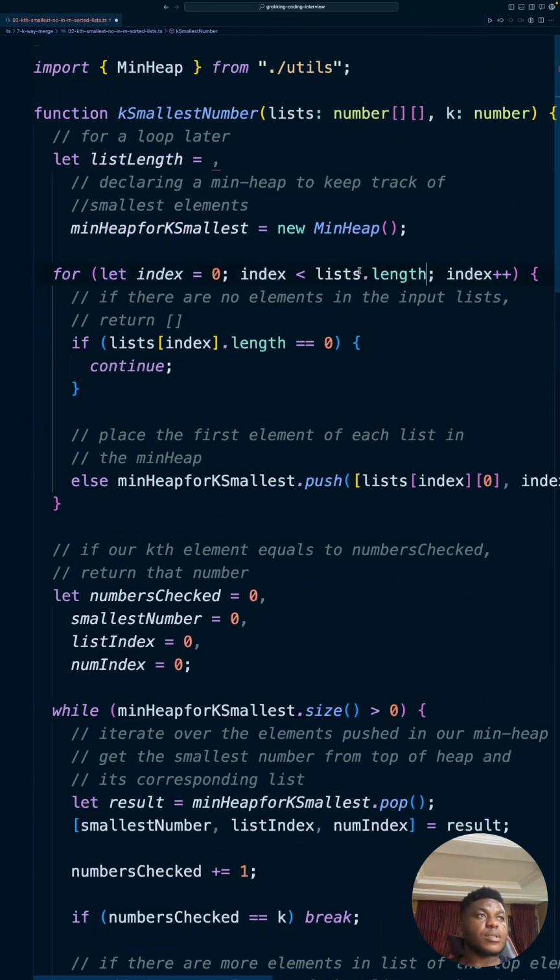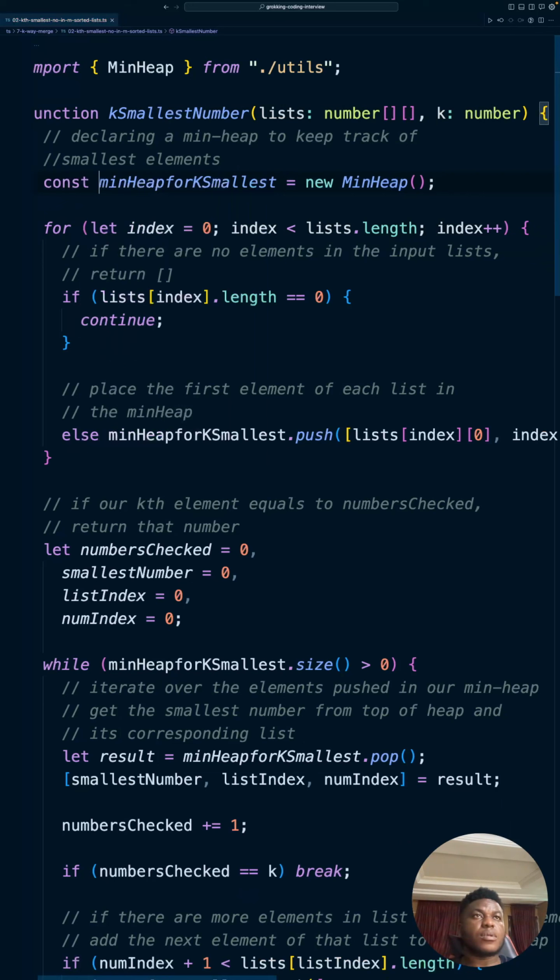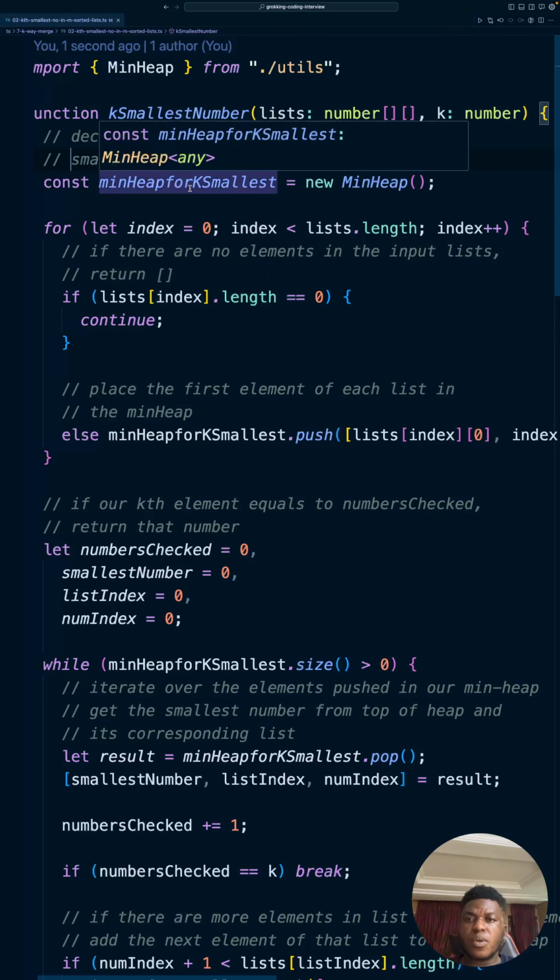I can get rid of this. So we have the heap that we're going to use to keep track of what's the smallest thing. The first thing we do, we loop through everything in here,